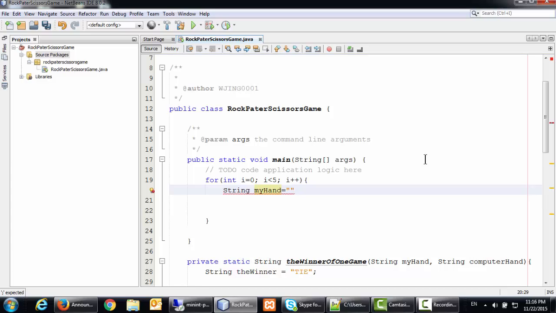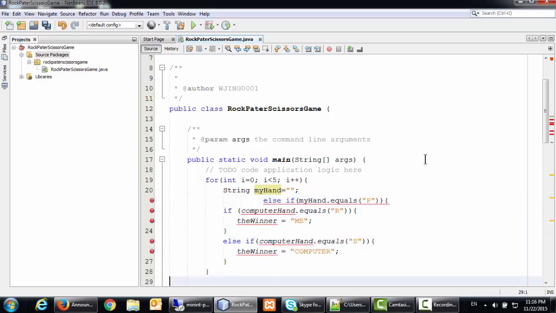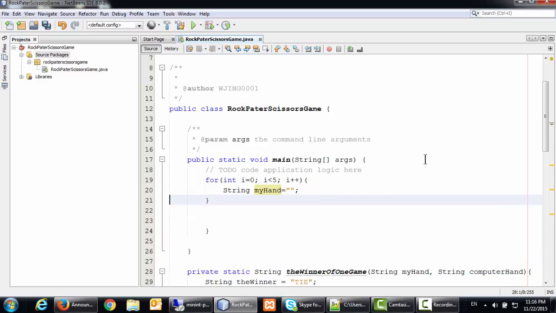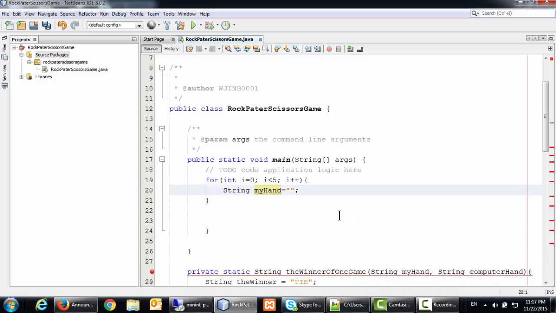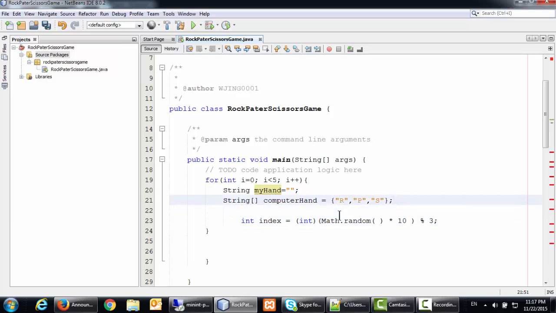Use string manipulation. For instance, you get rock. What do you do, right? I declare this variable, I give an initial value, and for the computer hand, you have to use dynamic random,